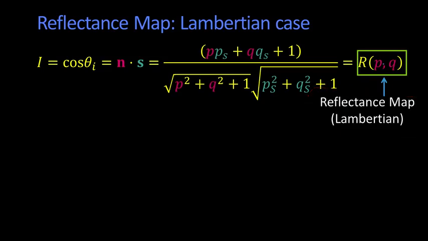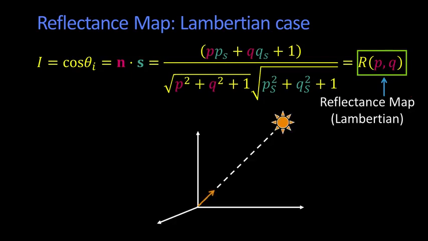So what is that going to look like in PQ space? To figure that out, we can do it algebraically, but it's cooler to do it geometrically. Here we have our light source, and we have some vector pointing up to our light source. Now, if my normal is some theta I away from it, that means that it is in some cone around